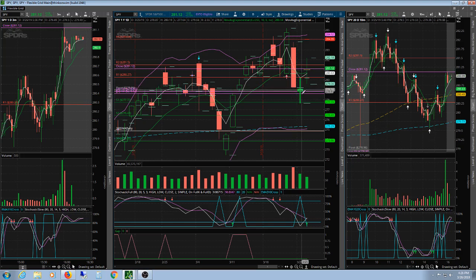having this support from this gap, along with a spinning top after a huge volume sell-off, I was pretty confident we'd have a bounce higher today. So, and we did, but